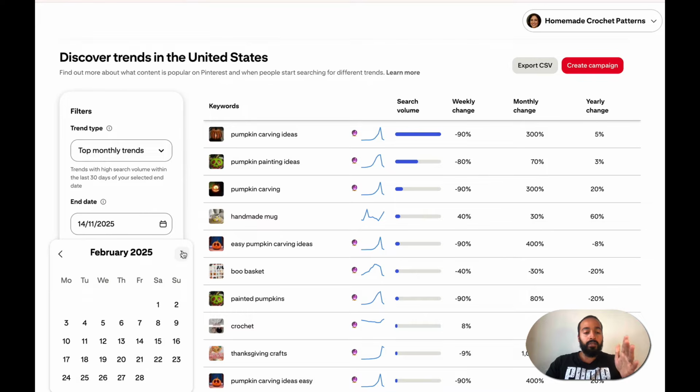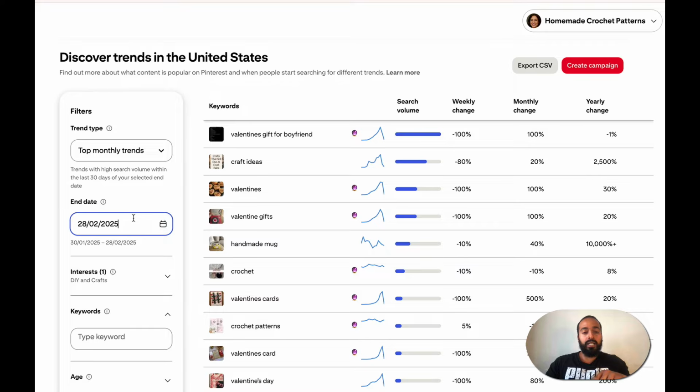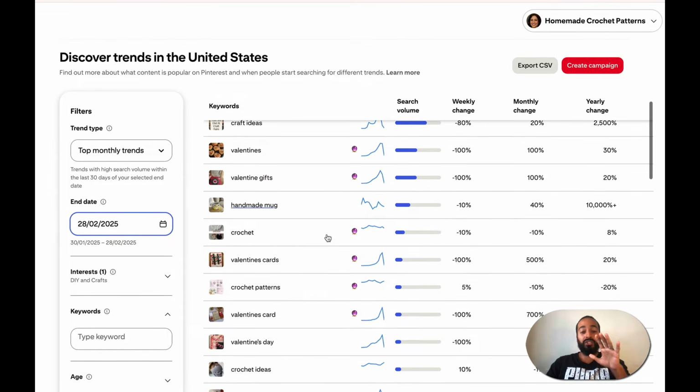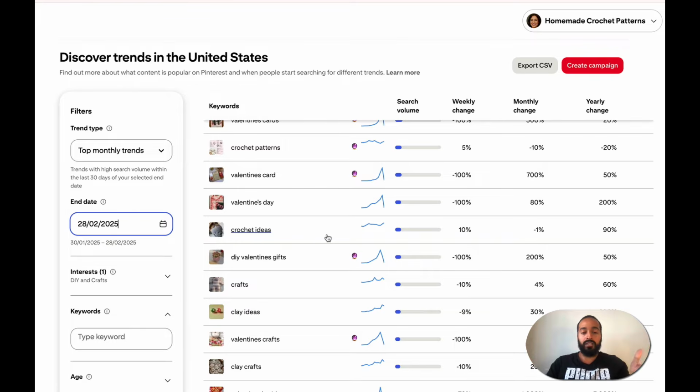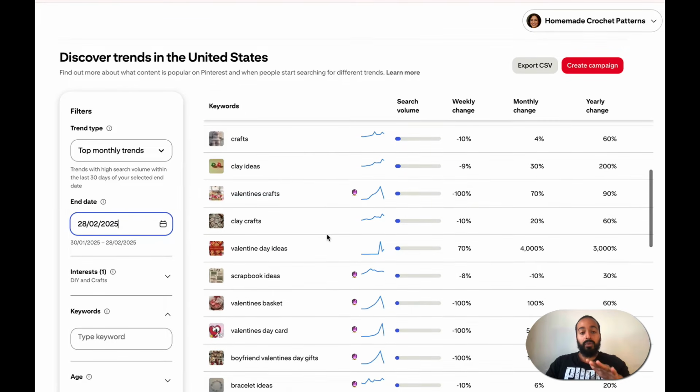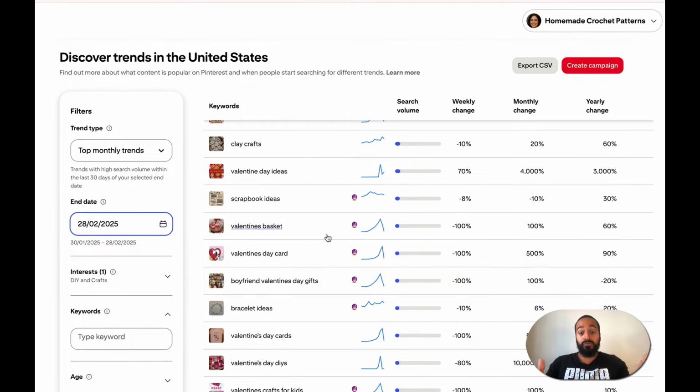So I'm going to type in, we'll put in February here, okay? And then now it's going to give me last year's trends, but we're going to project it forward for this year, okay? Well, technically next year, because it's 2026, but you get the point. So we're going to use the last year's data to predict the trends for the current year. So for example, the trends for last year and the trends for this current year are going to usually be exactly the same. So for example, right now it's telling me about Valentine's Day, which is a really, really, really big